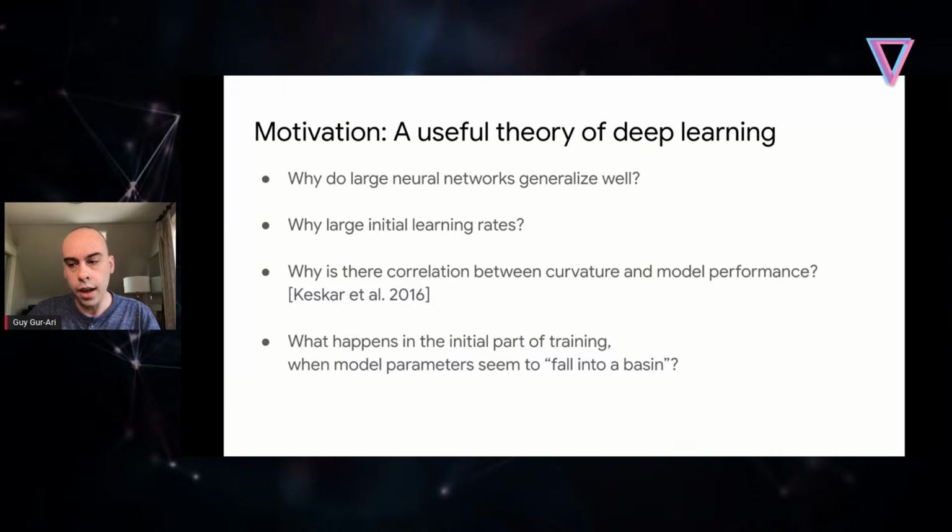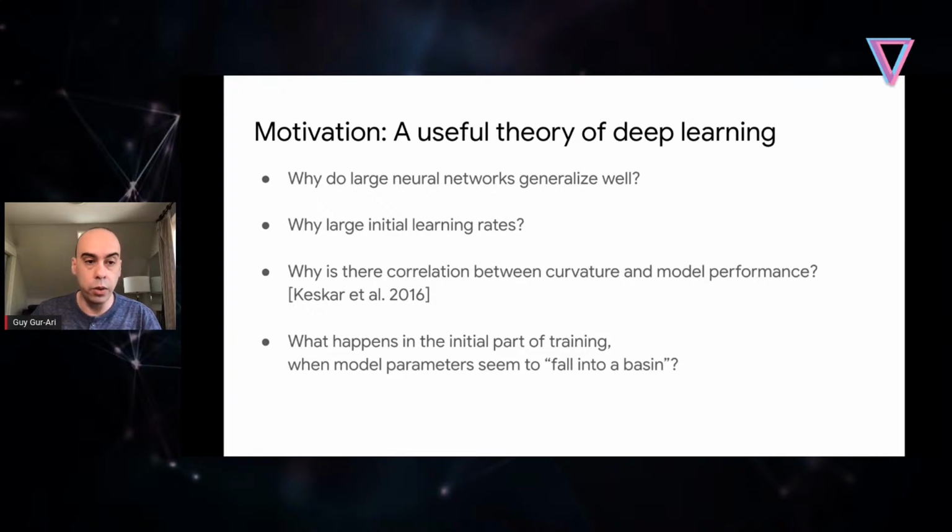And finally, we have some anecdotal evidence that there is something interesting going on in the initial part of training. It seems that in the early part of training, gradient descent takes us from the initialization point down to something we might describe as a basin in the loss landscape, and this happens fairly quickly. And then we spend most of the training time exploring this basin. This is a very vague description, the way I've described it, but we have evidence that this is actually the case. And we'd like to understand better what's going on in the initial part of training, because it seems that, at least from a loss landscape perspective, there's something dramatic going on there.